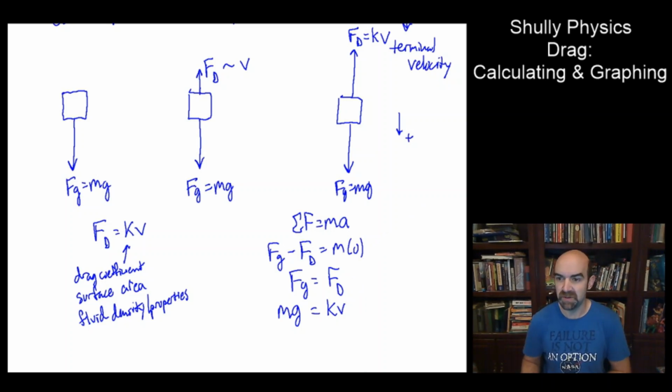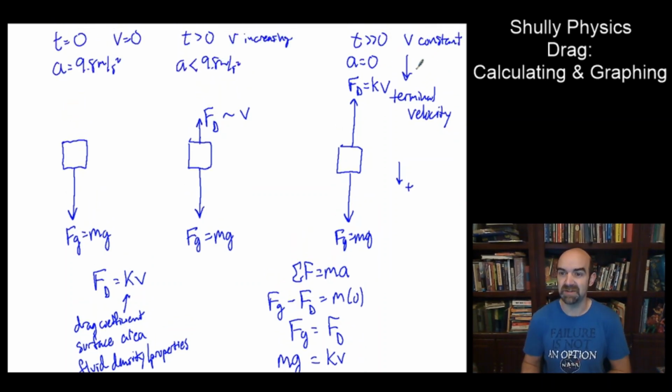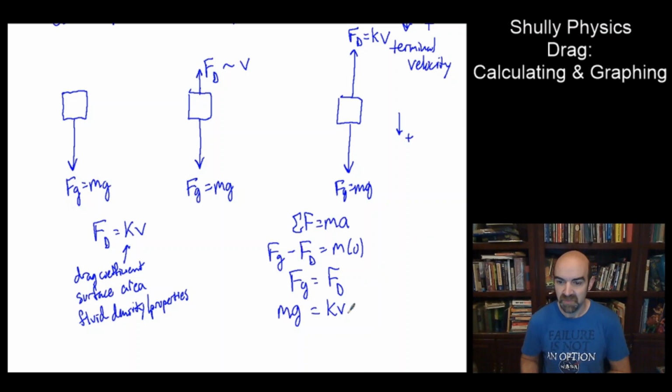Now in this particular instance, this velocity is a terminal velocity, so I'm going to call it v capital T, terminal velocity, where the acceleration is 0, where the drag is equal to the weight. Now if we solve for vT, that is going to be equal to mg divided by k, the weight divided by